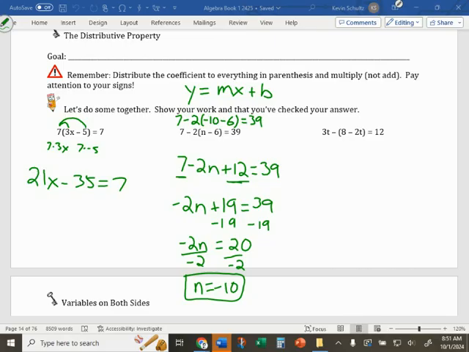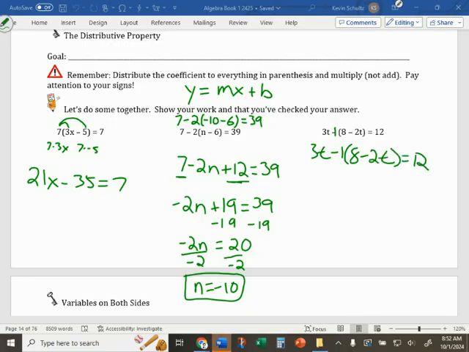My poster in the back talks about hidden math stuff, and a lot of that has to do with the number 1. Like 10 is actually equal to 10 over 1. We don't write the 1, but it's there. X is actually equal to 1x. We don't write the 1, but it's there. A number by itself is actually the same as that number to the first power. 1 is a very hidden number here. So what this actually is, I'll write it down here, is a coefficient of negative 1